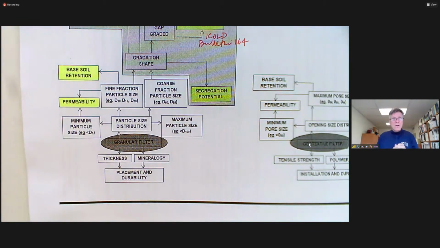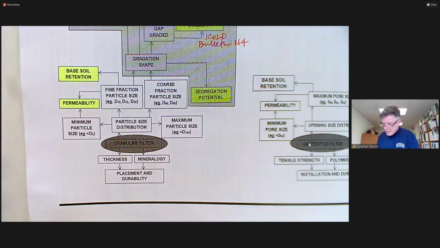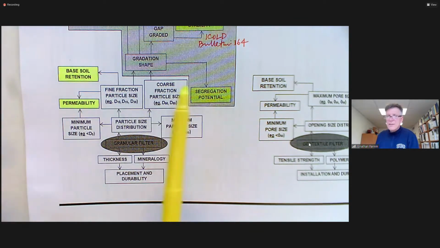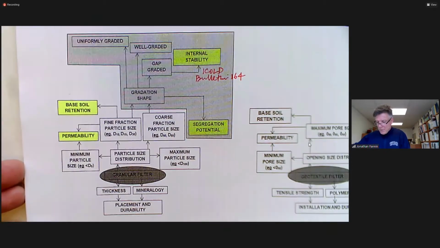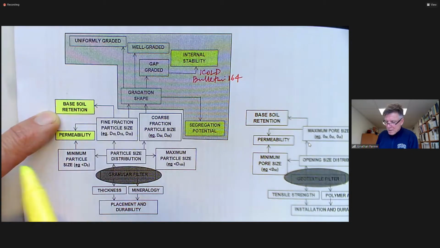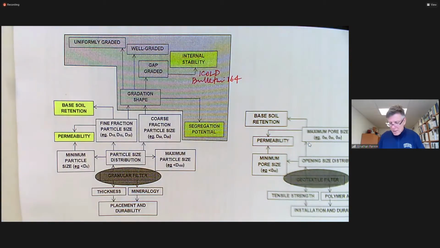Especially when you think that the filters may be there and with water seepage through them and little potential for cementation at particle contacts and so on. So that's a world that I'm going to capture these ones in highlighted yellow, because ultimately the permeability, the base soil retention, internal stability, which really, to tell you the truth, is looking. Actually, I'm not going to highlight the gap graded, because we can have broadly graded soils that have a long tail that can also be